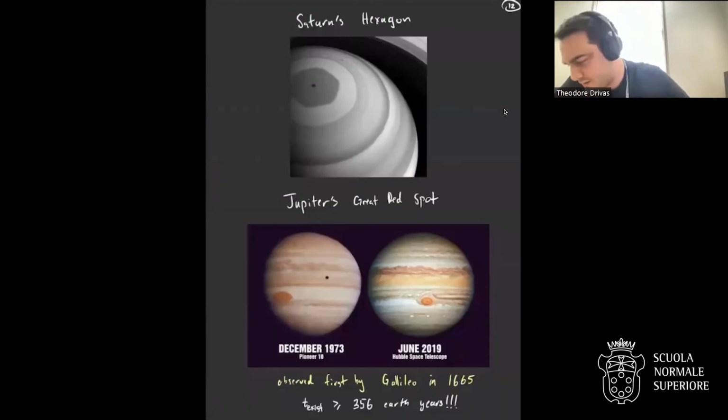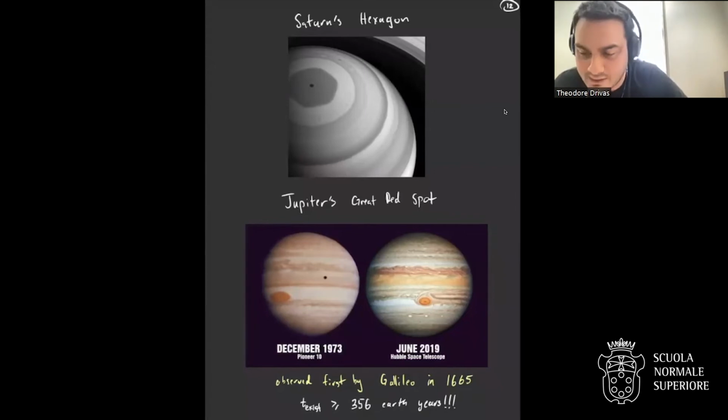And some artistic examples from nature are these large scale structures on planetary surfaces, Saturn's hexagon and Jupiter's spot. These are not really 2D Euler, of course, but they're essentially 2D motion, and these large scale features seem to emerge and last forever. This is the type of thing we want to understand.